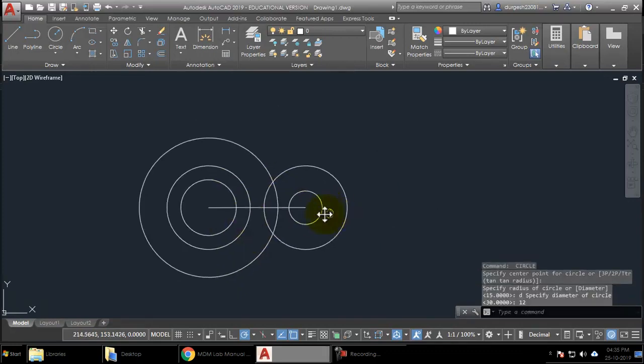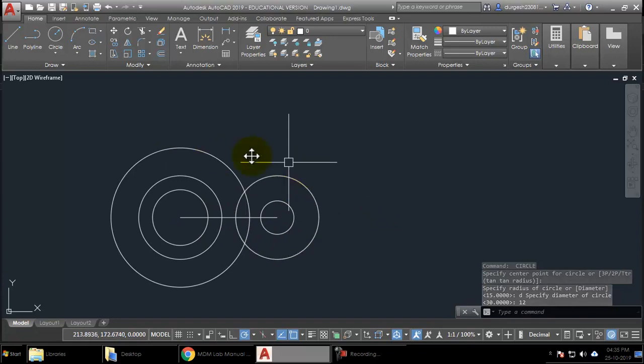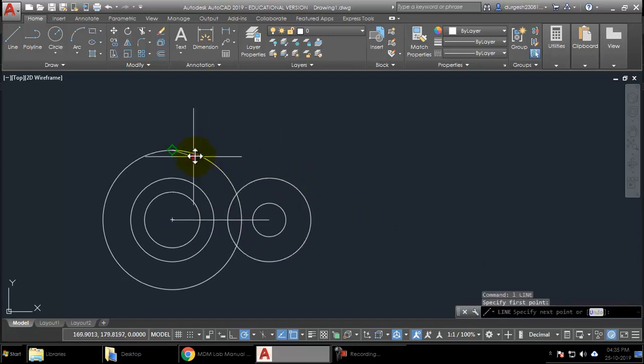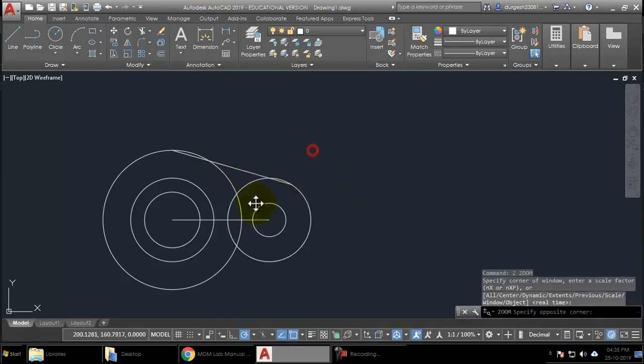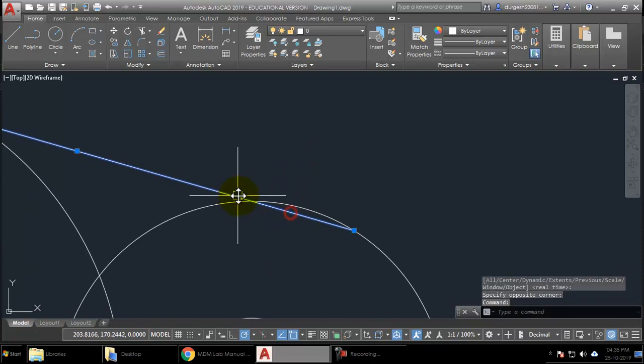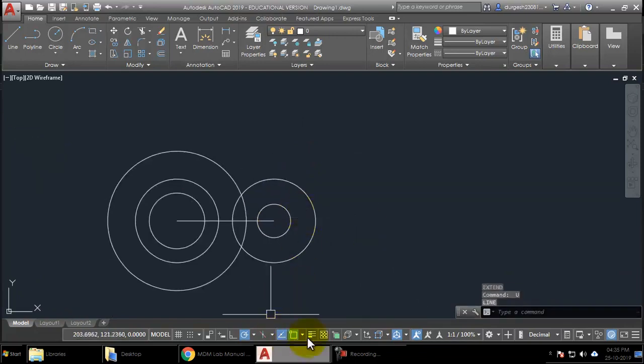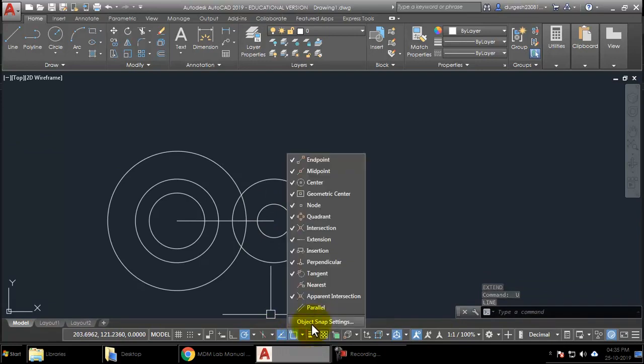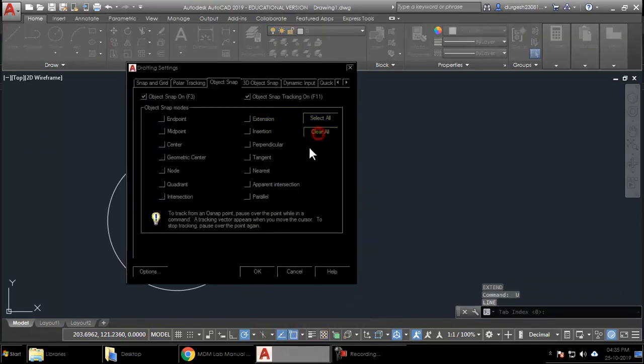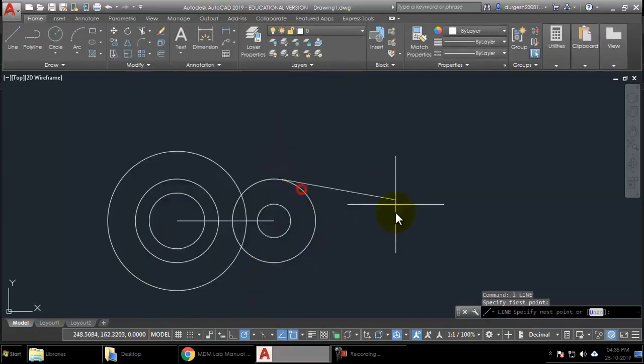Now that I have both the circles, I need to draw tangent lines on both sides. When you are taking a tangent, be careful. You should not join the quadrants, because when you join the quadrants and zoom in, it's not actually a tangent. It is meeting the circle at 2 points. This is not the tangent that we need. What you have to do is take object snap settings, clear all the settings except for tangent, and then if you take the line command and draw the line, you can see the line is coming tangential to the given circle. So you can just click on the two circles and automatically the line will come out as tangential.